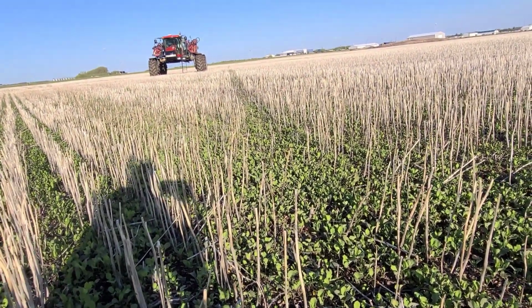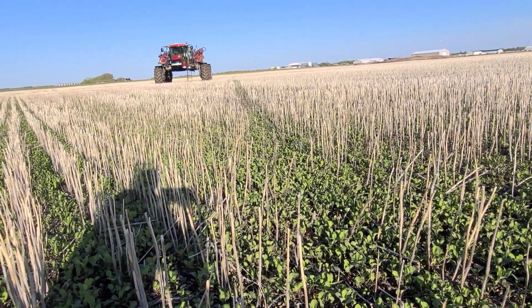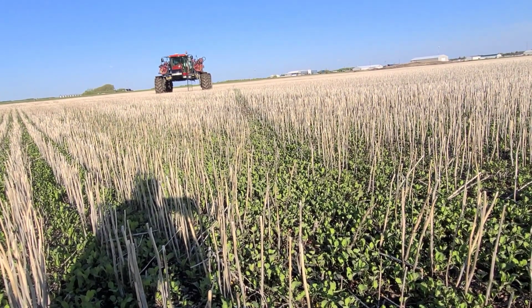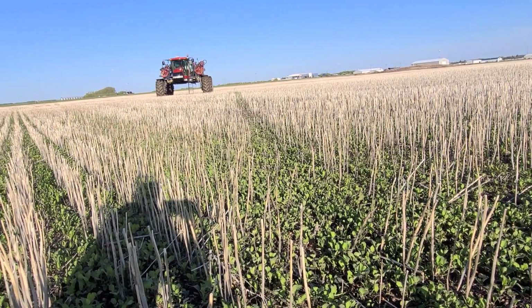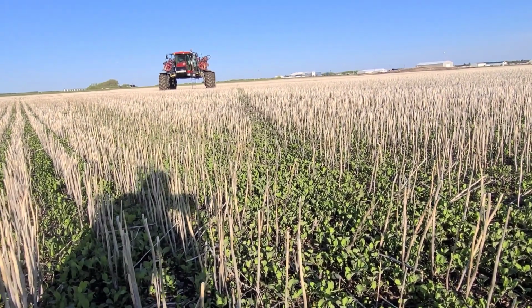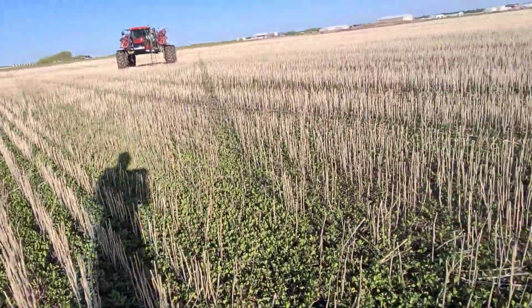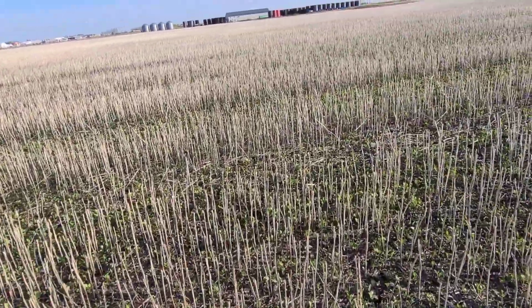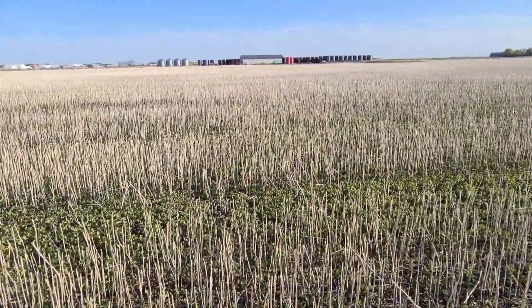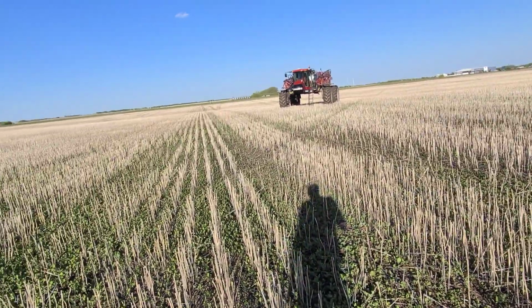Everybody in the area has extreme volunteer canola this year. Except, well, our pea fields are pretty good. That's because they got a really good kill. That's a different story. But the reason why is because a lot of the plants had those partially aborted pods or partially filled pods. And then those seeds are so small that